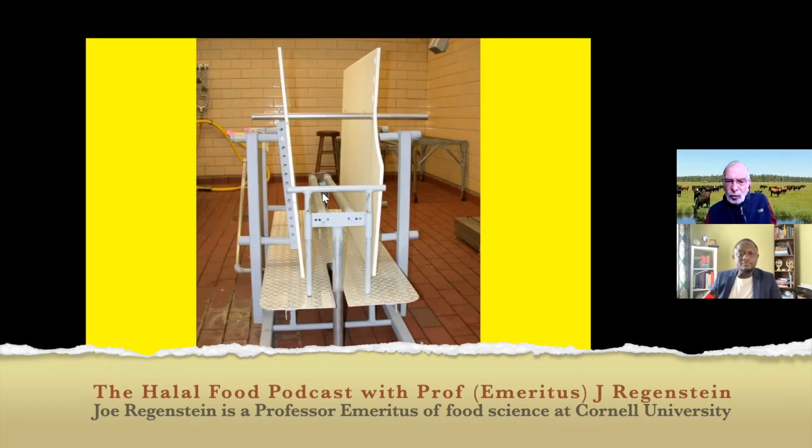The double rail here, and I assume my arrow is showing on the picture. Yeah, it is. Good. The double rail is something that Temple has designed with equipment that can be used for religious slaughter at 215 animals an hour. And what it does, and is fascinating to see, is when you put an animal well supported, either with the V restraint that is used in many of the Muslim slaughterhouses I've been in, or for cattle or sheep, when you put them on the double restraint and lower the floor, which this system has a lowering system, you can actually watch the animal calm down. A well-supported animal with its feet off the ground